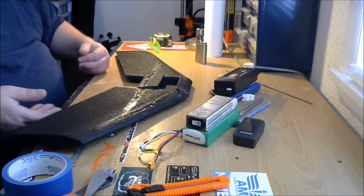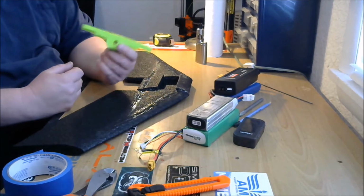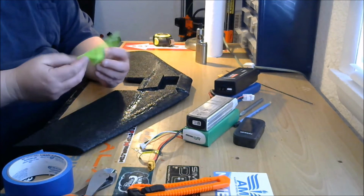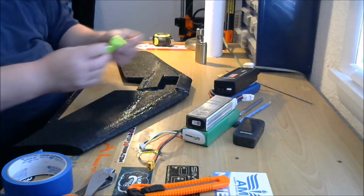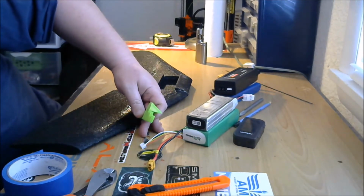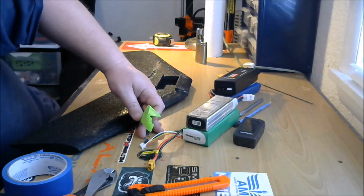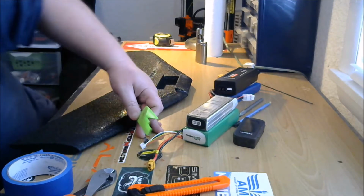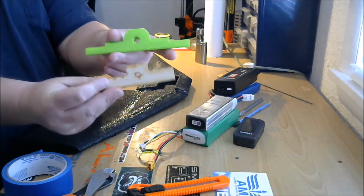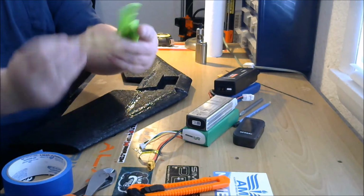Alright, so the next step is probably going to be installing the motor mount. Now, because I'm using a custom mount that I 3D printed, this is TPU, by the way, so a little flexy. This is longer than the one that came with the kit. Let's see if I can find that real quick. Yeah, there it is. So that's the one that came with the kit. You can see this one is much longer. And that's one of the reasons I want to use this mount,